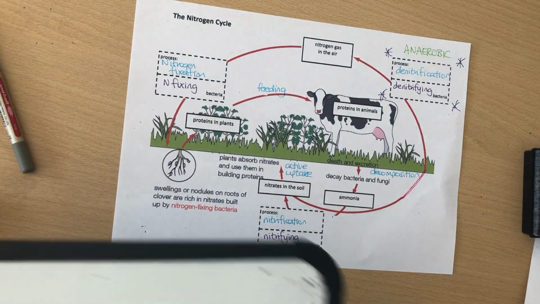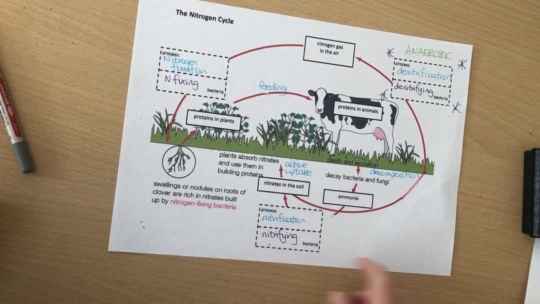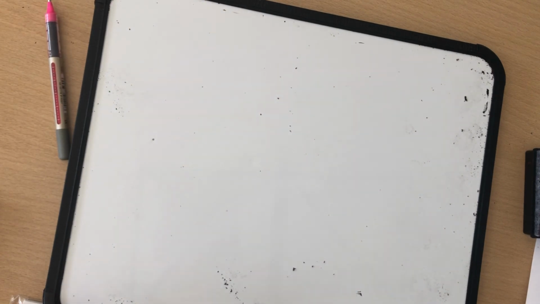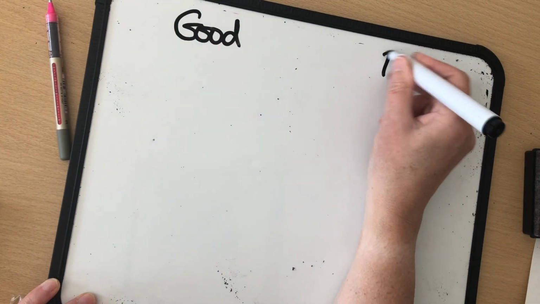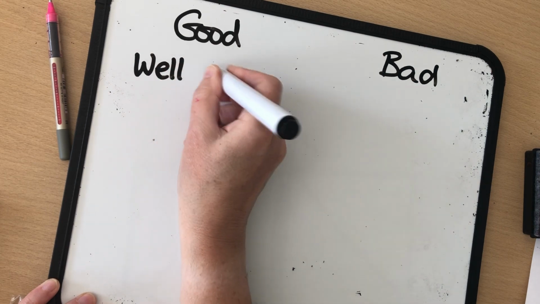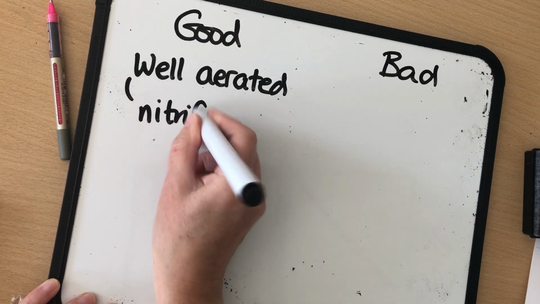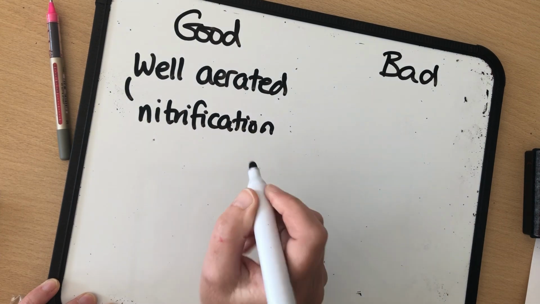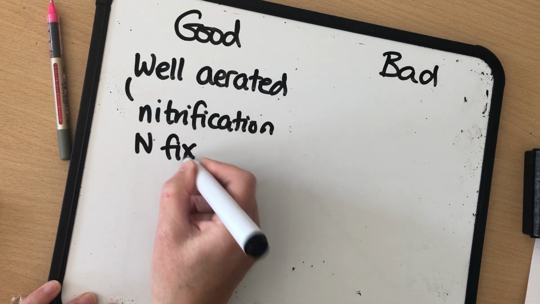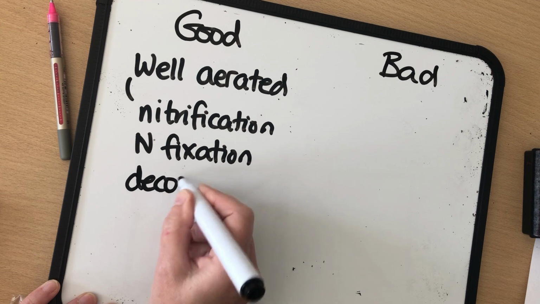So we're looking at a few things here. Just to tie that together, we're saying we don't want this process to happen. We don't want anaerobic conditions, but instead we want this and this and this to happen. So we need lots of oxygen in our soil. So as a farmer, good conditions, bad conditions. Well, the good conditions, the soil is well aerated, and that's good because it allows nitrification, which makes nitrates. It allows nitrogen fixation to occur, again, which makes nitrates, and it allows decomposition and decay